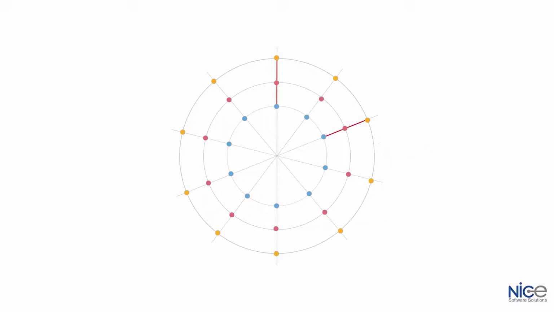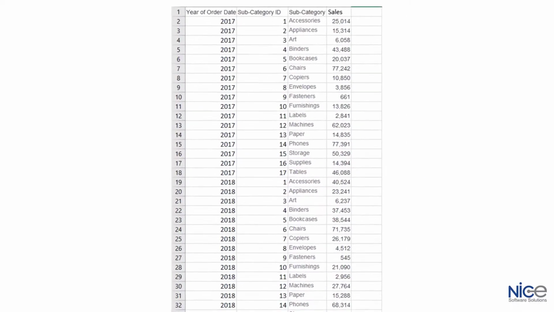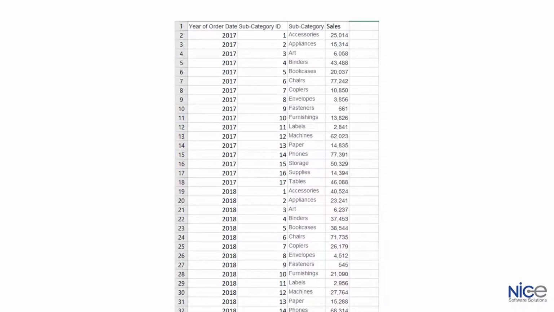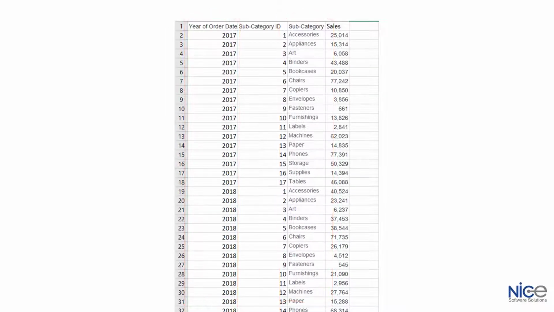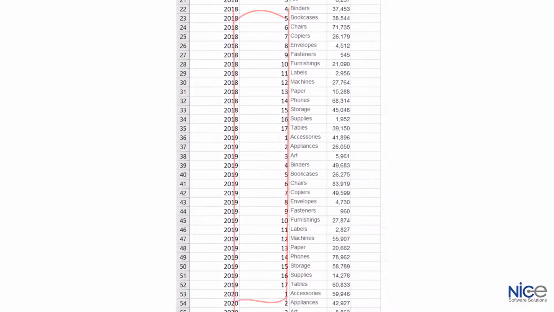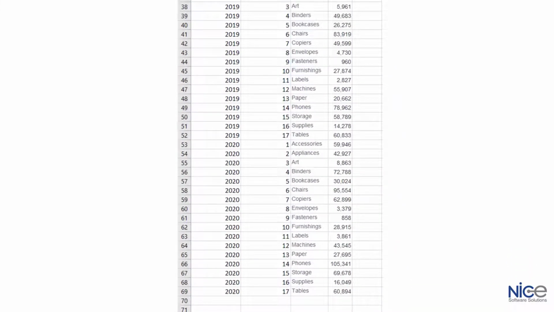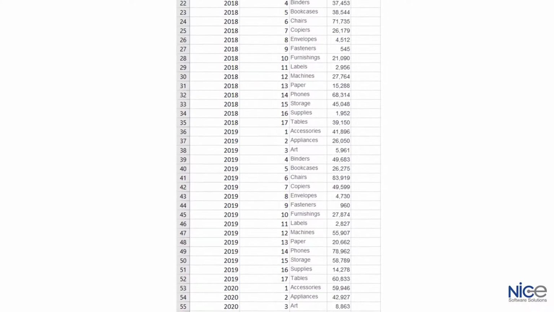There are a few prerequisites that must be followed for this visualization. We must perform aggregation of the measure values based on the dimensions we are using at the database level. For this video, we will aggregate the sample superstore data for the year and subcategory at the database level. We must have a numerical code or ID for the dimension that we will use for this chart. To achieve this, we have provided a subcategory ID for each subcategory. In the description, we have provided the link to download the data that we have used in this video.